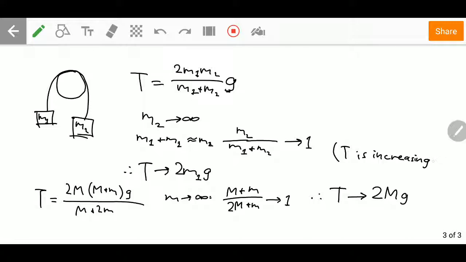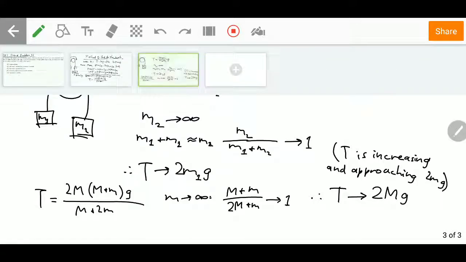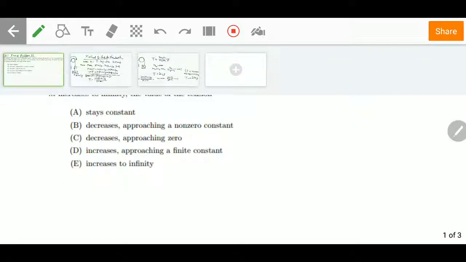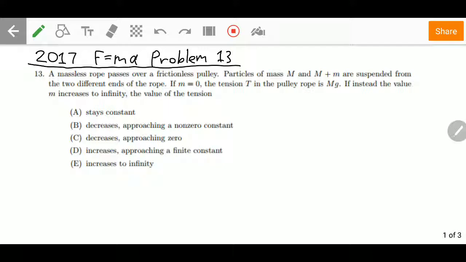Clearly this numerator is less than the denominator, so (M + m)/(2M + m) is approaching 1. It's less than 1, but it's approaching 1, so it's increasing. And so now let's go back to our options and see what the different options are. You can see that the tension T is increasing and approaching a finite constant, and so our answer is